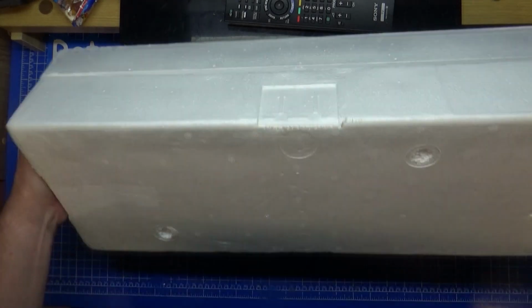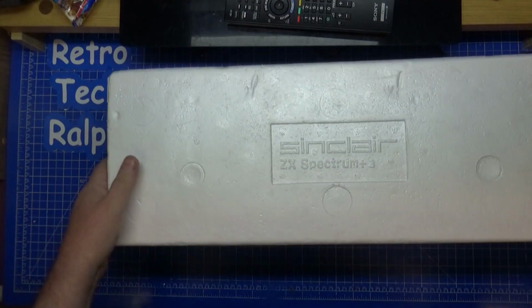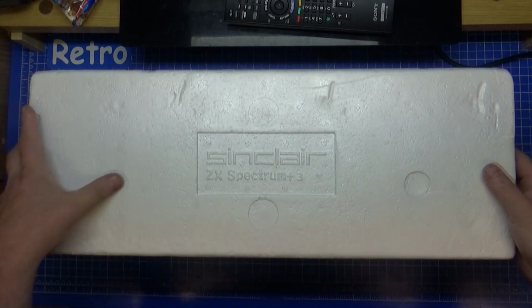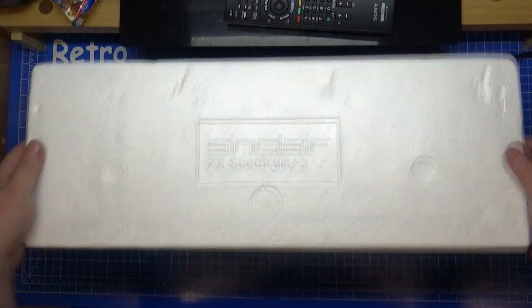Right. And as usual, there's always something on. There you go, there's the arrows. It's saying, hey, wrong way round. Sinclair ZX Spectrum +3. I mean, these boxes on their own, on eBay, for no reason, go for a fortune. It's just... oh...